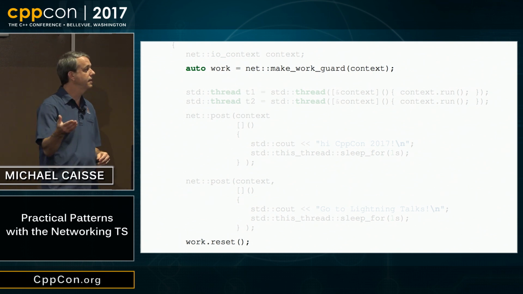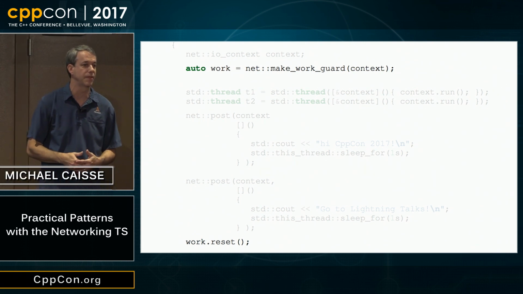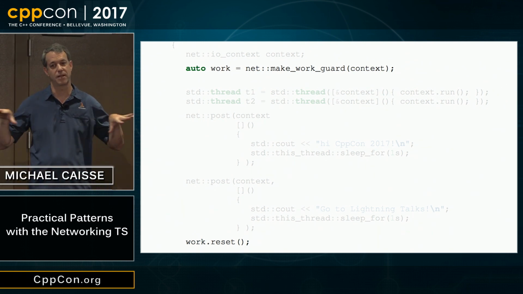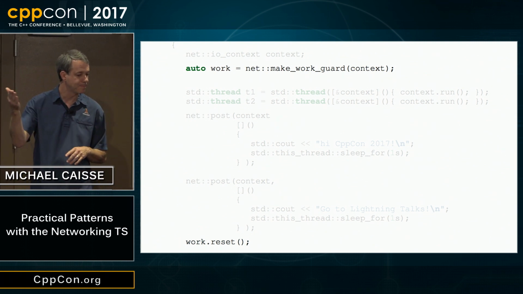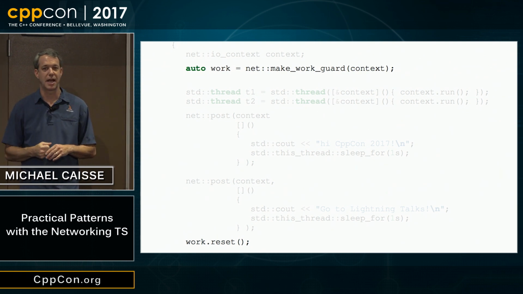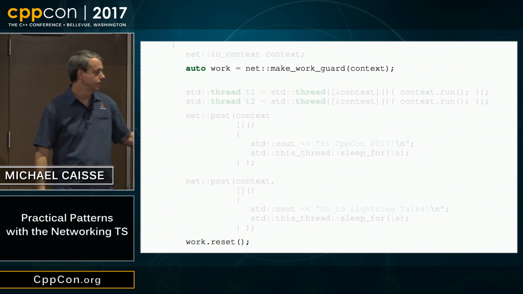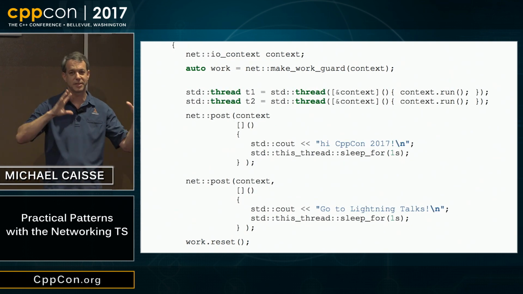And then the object that comes back, either the lifetime of that object, or, as you can see, we call reset when we're done with it. That will say that it's not interested anymore, or on the destructor, it will call reset. That will remove the work object out from keeping the queues alive. So we need to give it this work queue. Now everything works great. So we've kind of seen what the setup here is.